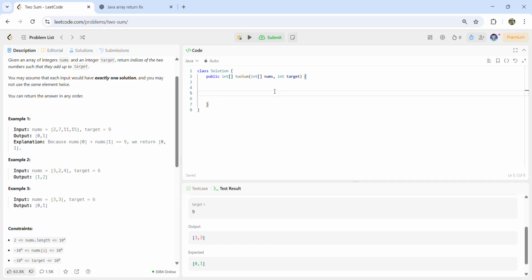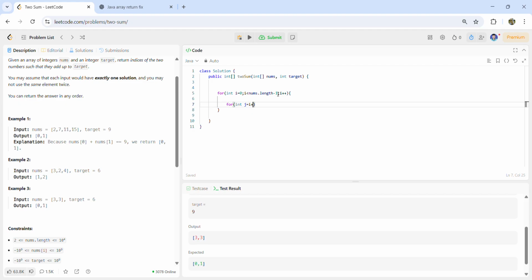So let's write the code of the order of n squared solution. First I discuss the brute force, as I told. I just write two for loops. The first is for int i equal to 0 and i is less than nums.length minus 1, because the first pointer goes to n minus 1 and the second pointer is less than n. Then i plus plus, and the second loop, int j equal to i plus 1,